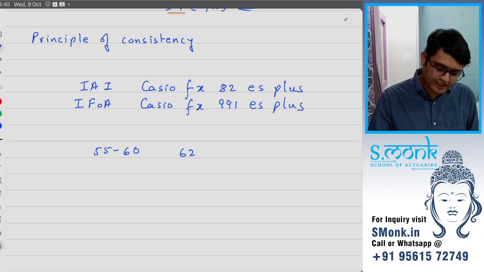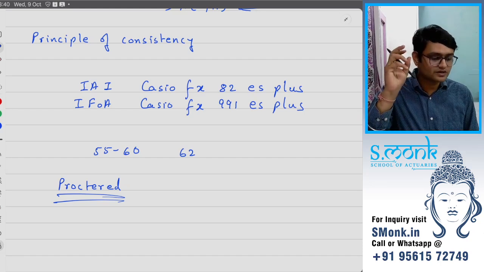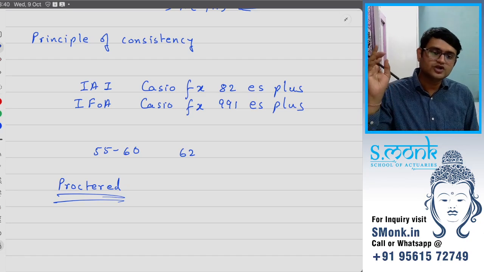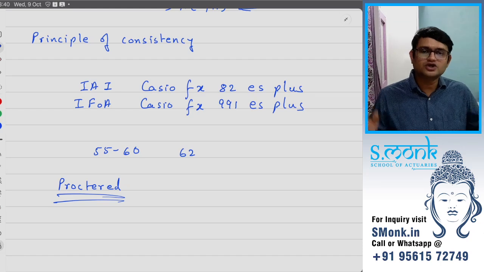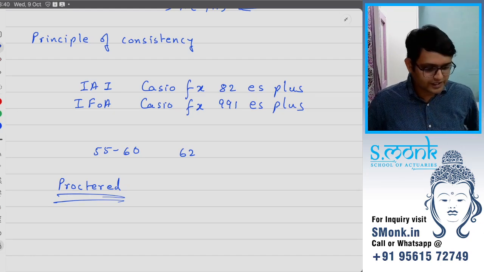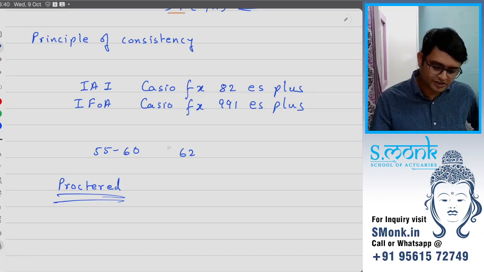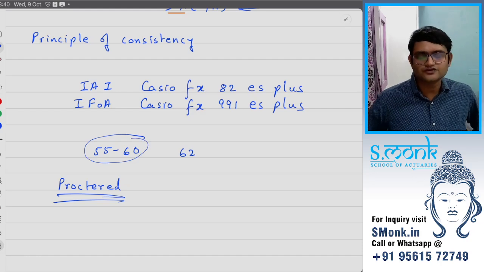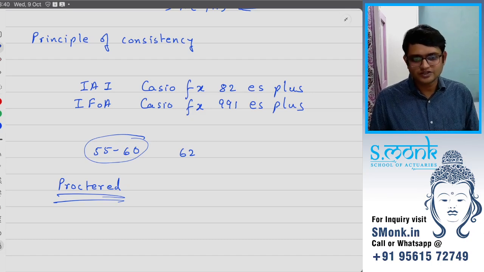Because now they have declared that it is going to be a proctored exam. Okay, proctored means the camera will be on, your mic will be on during your examination. So there have been complaints about students colluding together and solving the papers together and stuff. So that will not be possible now. Okay, so I'm expecting the passing mark to get back to this range, 55 to 60. We always say that if you are scoring, let's say, 65 marks, you are definitely going to clear the examination.